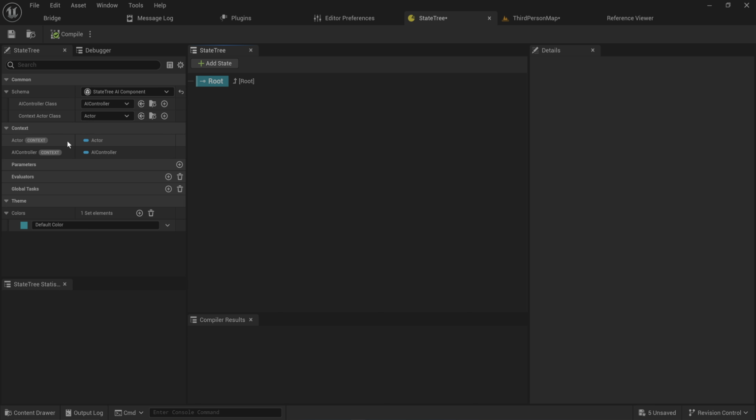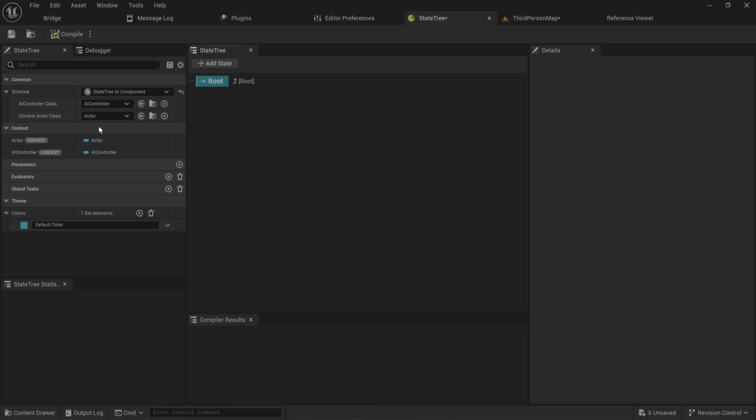The context variables are variables that we can automatically supply to our tasks for whenever we need something to reference the actor that we're working with. That will become a little bit more clear in the next video when we actually dive into making custom tasks though. For now, all that we need to really worry about is the fact that we can either keep this